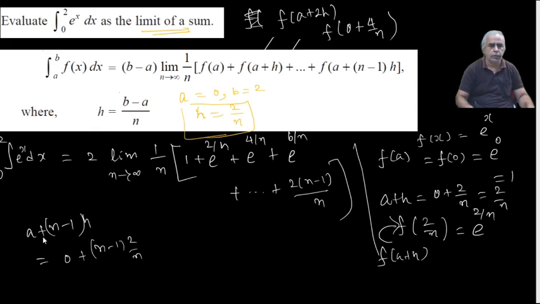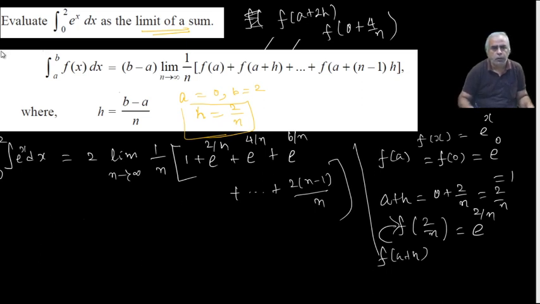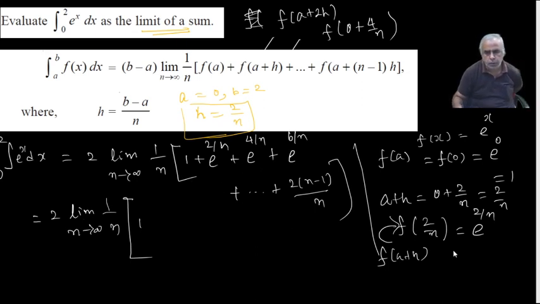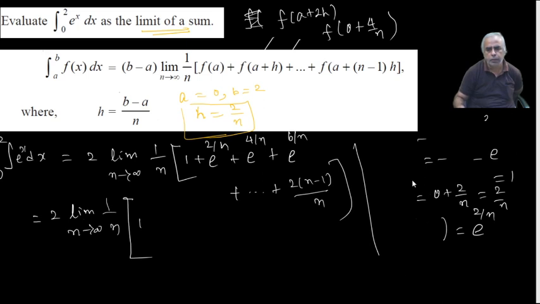Okay, right. Now let us proceed further. 2 into the limit n tends to infinity of 1 by n of 1. So here, this is a geometrical series, because it is a GP, is it not? How are you able to find out it is a GP? Because when you divide two subsequent terms, you should be able to get a constant term. So let us work out whether we are able to get the constant term. Okay, constant multiples.